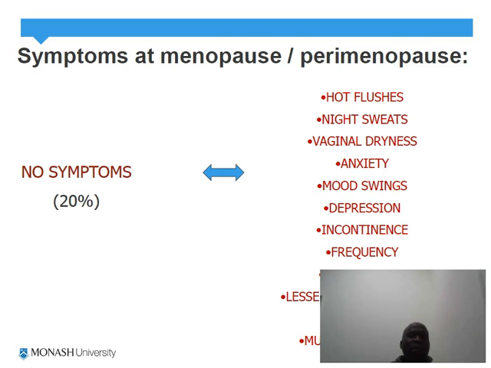Now, what are the symptoms of menopause and perimenopause? In 20% of the people, there is a drastic change from no symptoms to the following, for example, hot flashes, night sweats, vaginal dryness, anxiety, mood swings, depression,